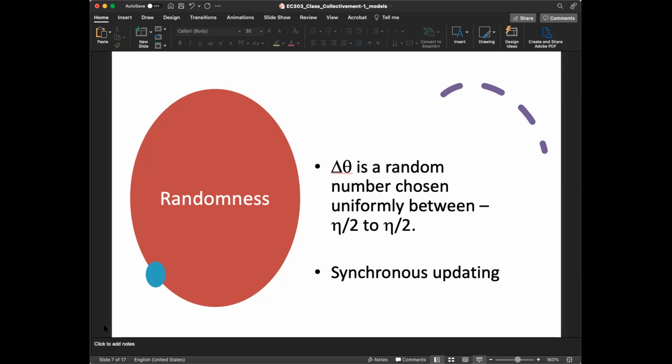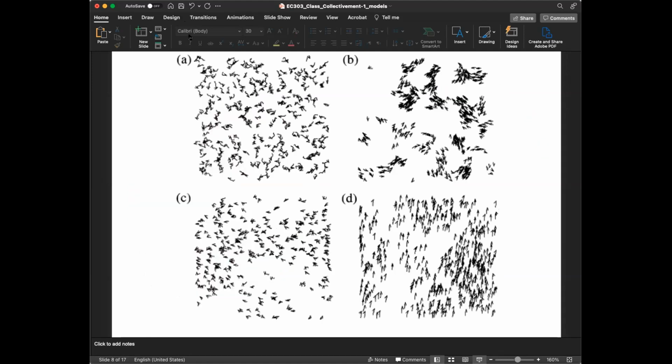Thank you. So let us see what this agent-based model produces. You're seeing 4 panels here. You can see that in A, B, C, and D, they all produce different patterns. Now I have forgotten slightly what the exact parameters the paper had chosen for these 4. But what you can see is the following. I think in all of A, B, C, D, the number of agents N is the same.